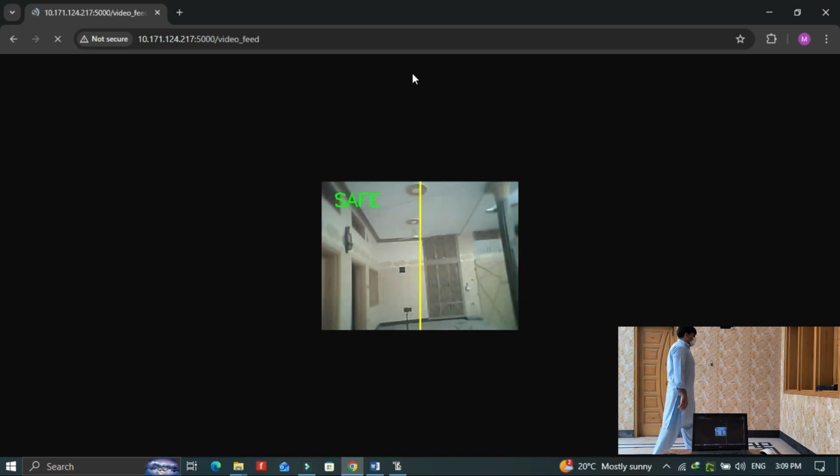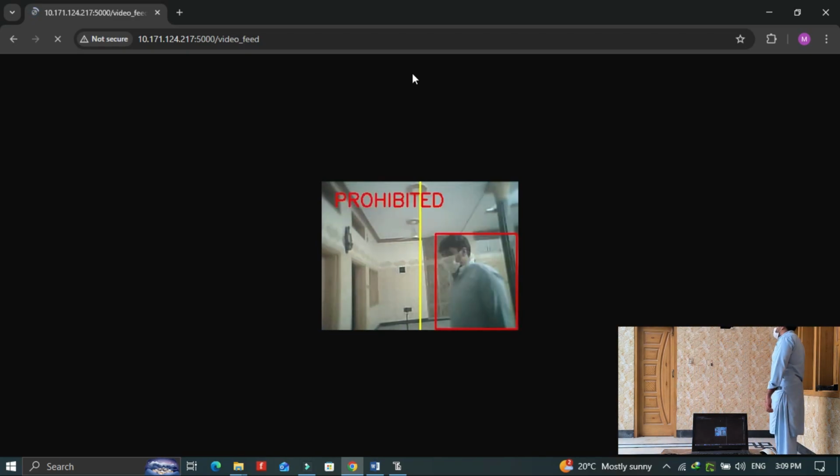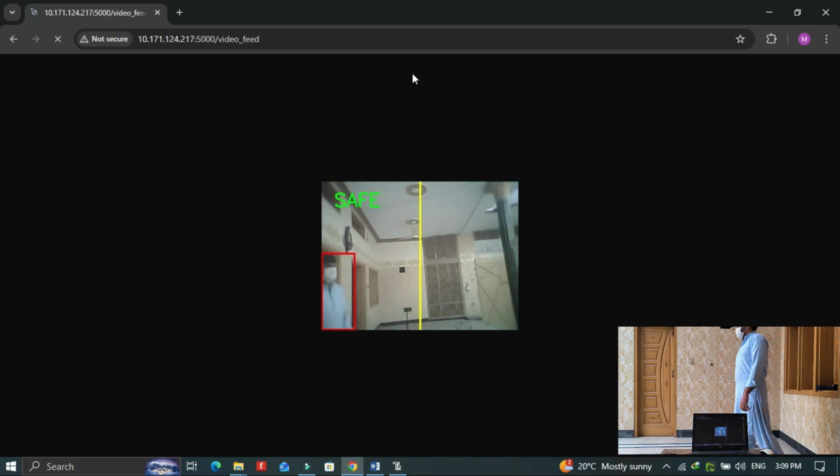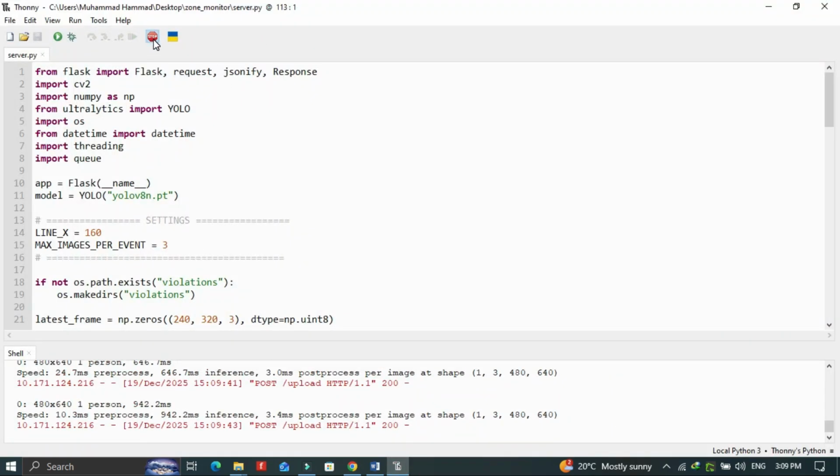As soon as I move back into the safe zone, the system returns to safe mode and the monitoring continues without interruption. This image is automatically saved. No human monitoring is required.